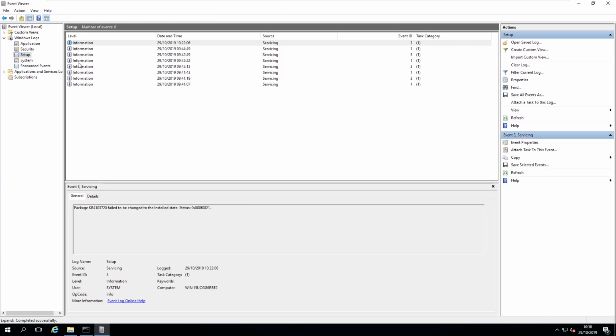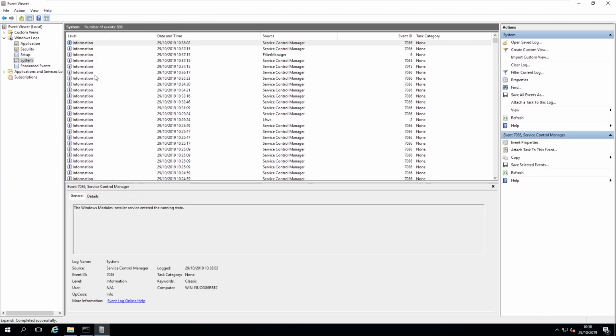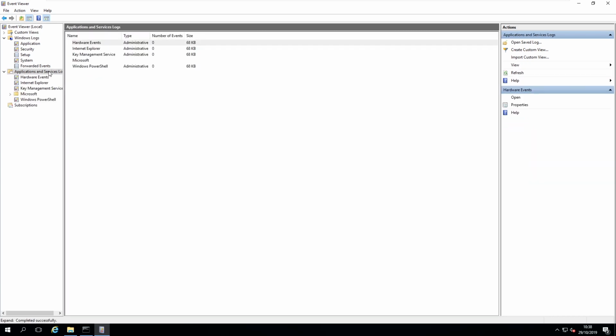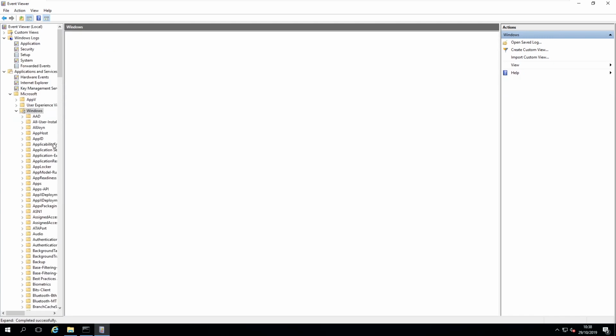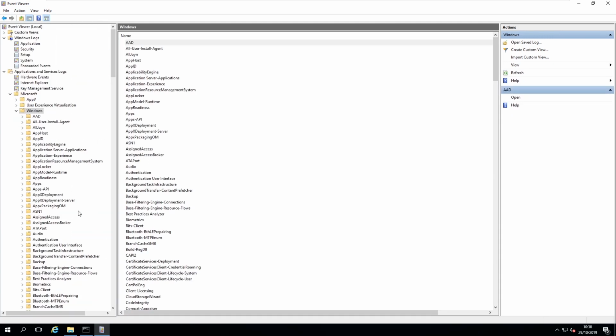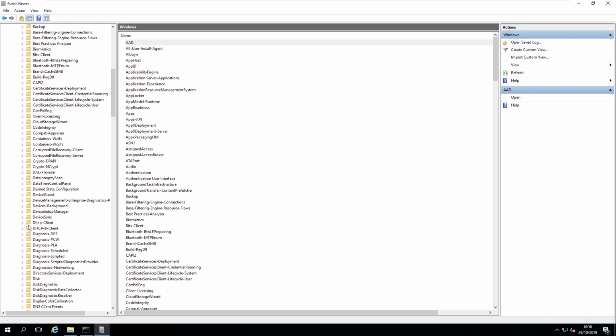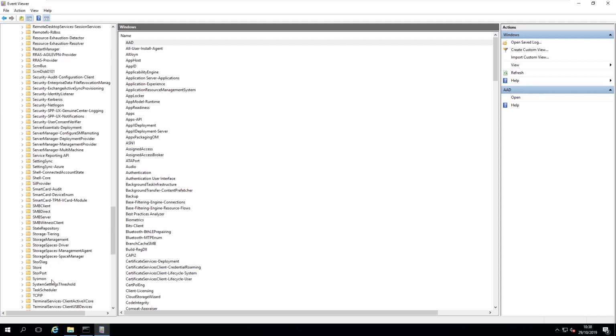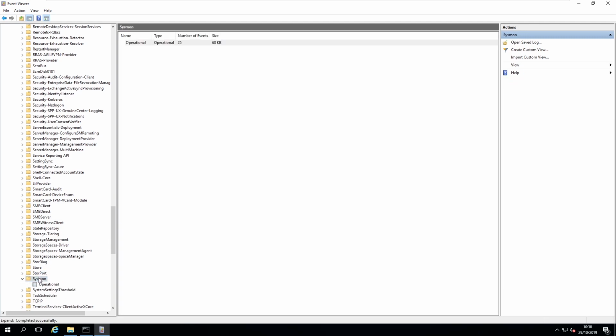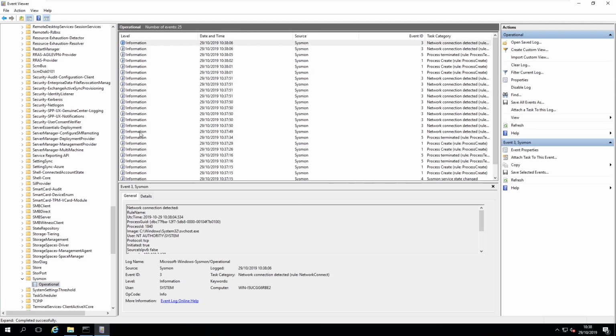Setup is just regarding setup things. System is all system related events, so things that are going on with hard drives and stuff like that. But for us, what we need to do is just go to applications and service logs, and go to Microsoft and Windows and scroll down to Sysmon all the way down. So if you go to Sysmon, click on operational, and if it's installed properly, you should get lots of events